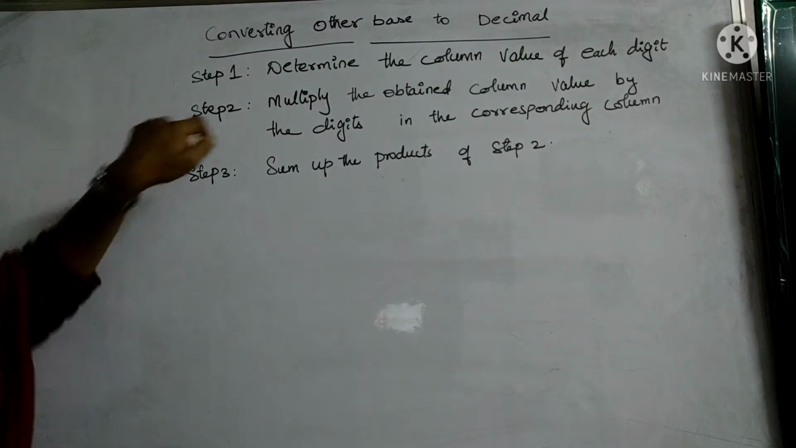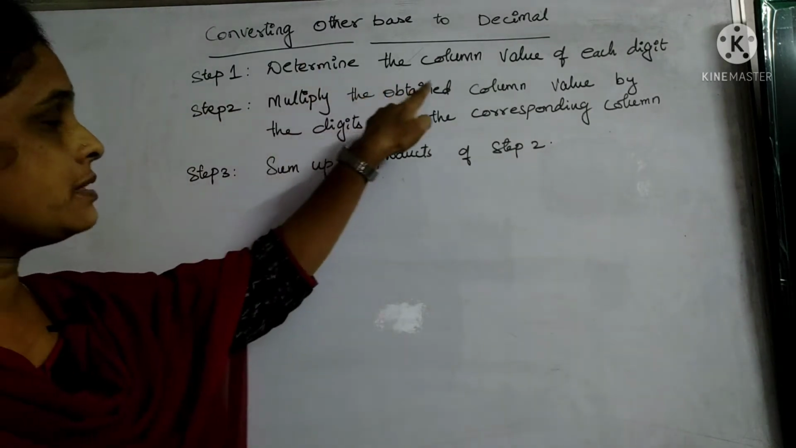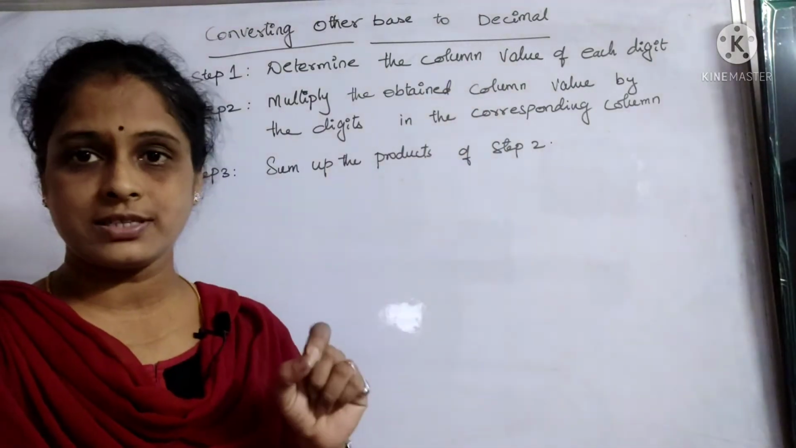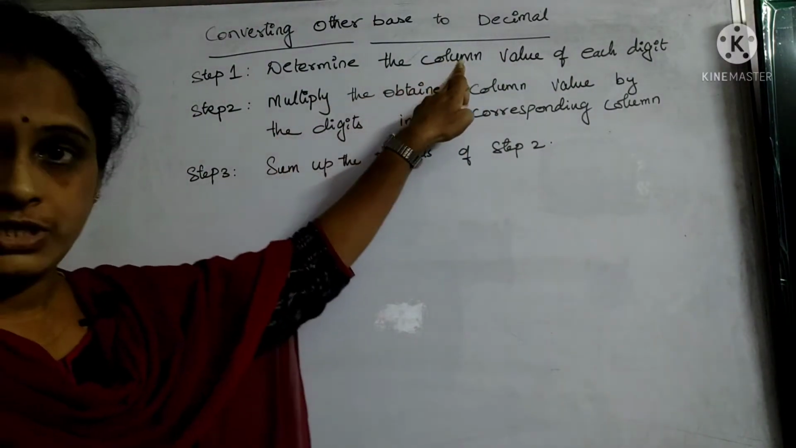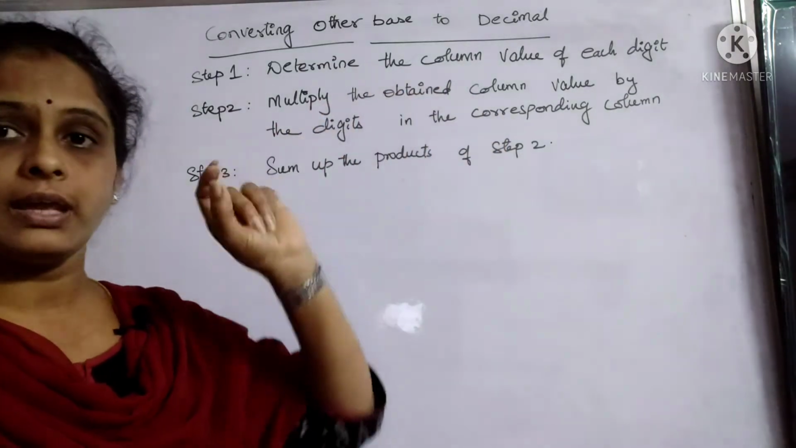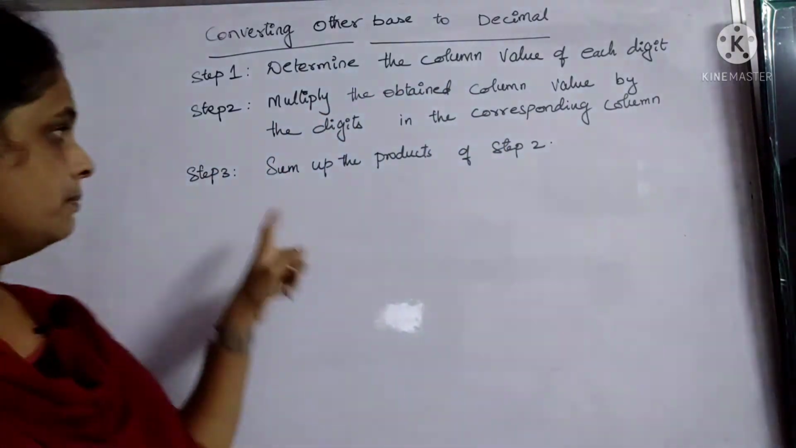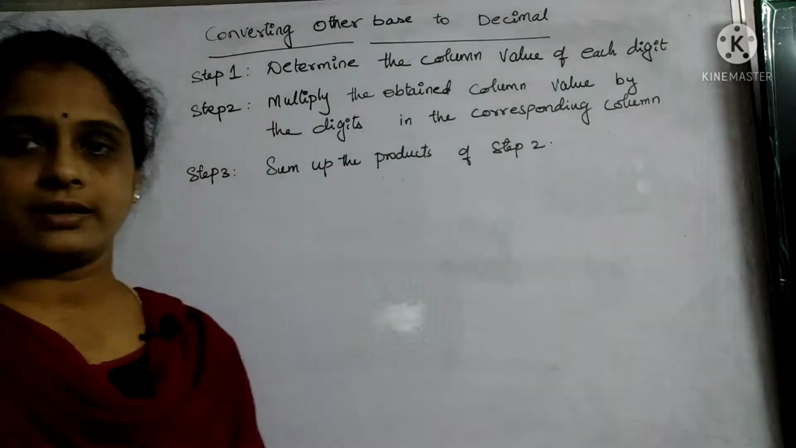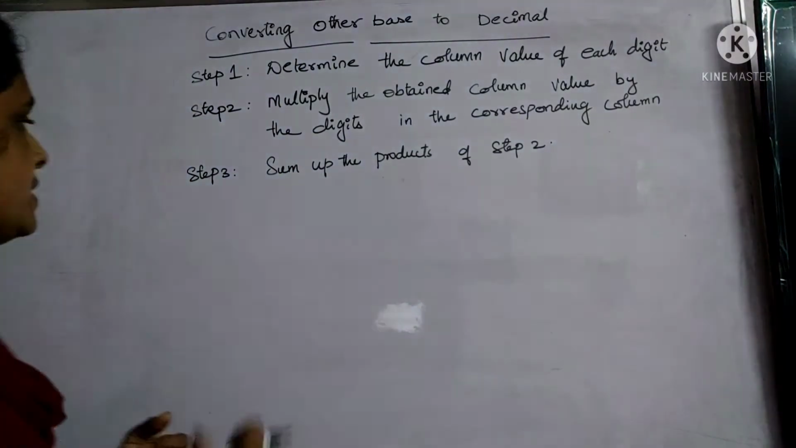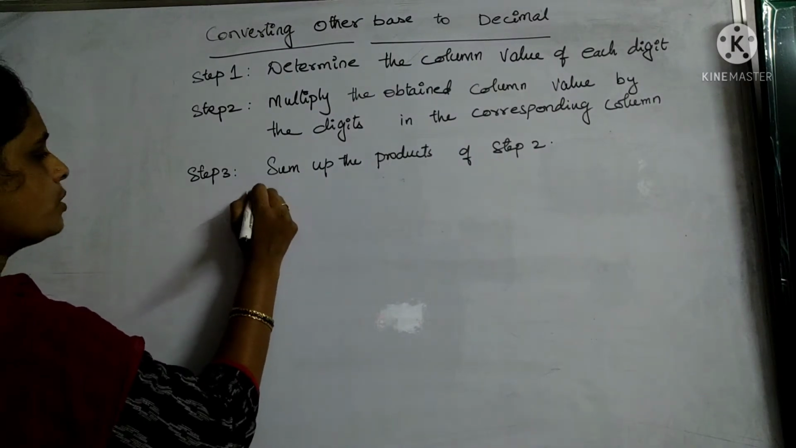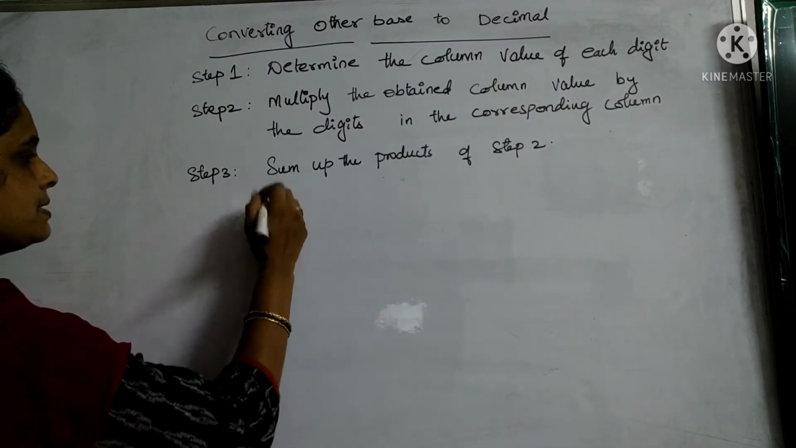The steps are, first of all, you need to determine the column value of each digit. Second, you need to multiply the column value with the corresponding digit in that column. Next, you need to sum up all of that. We'll see the process step by step with each number system. First of all, we'll talk about how to convert a binary number system,